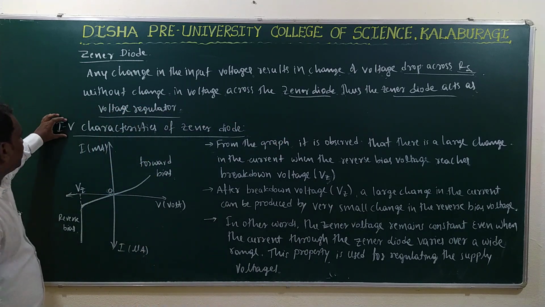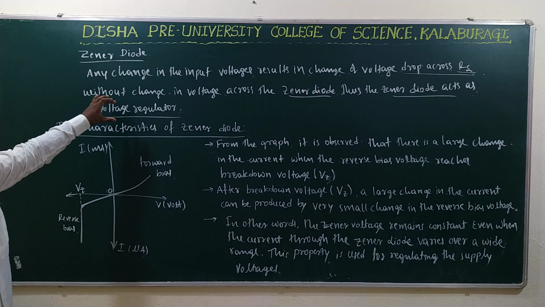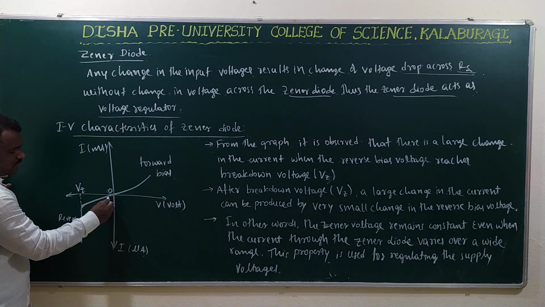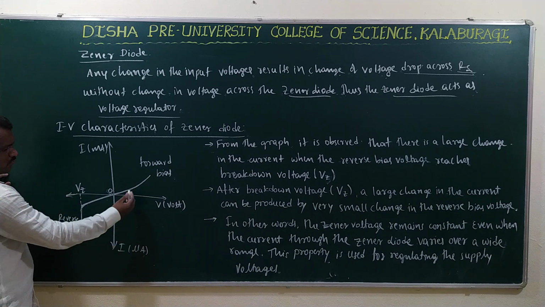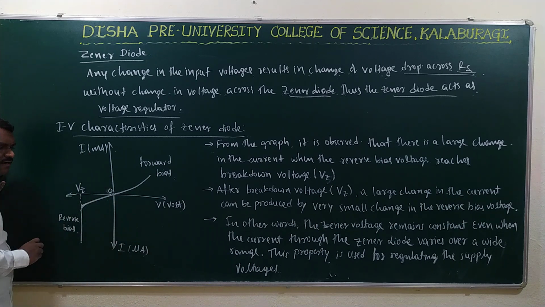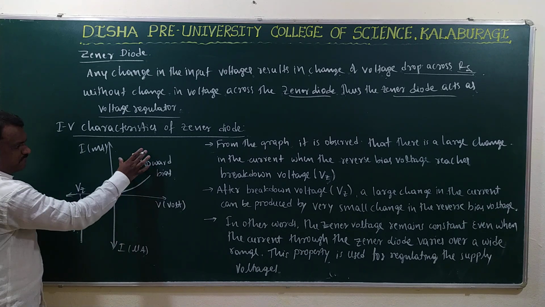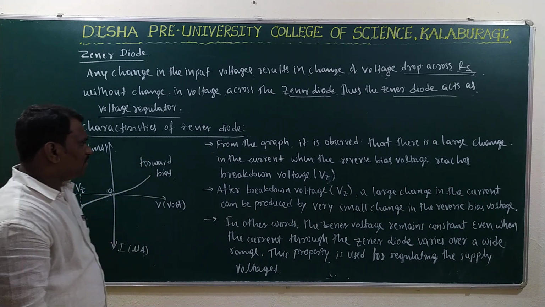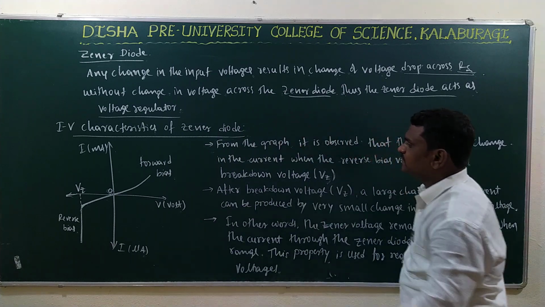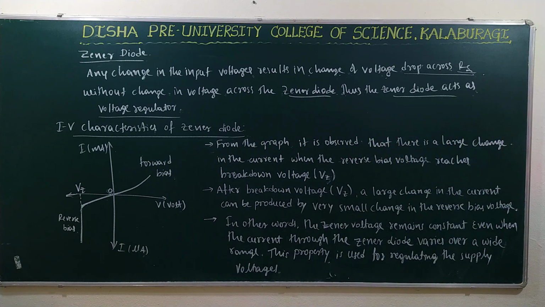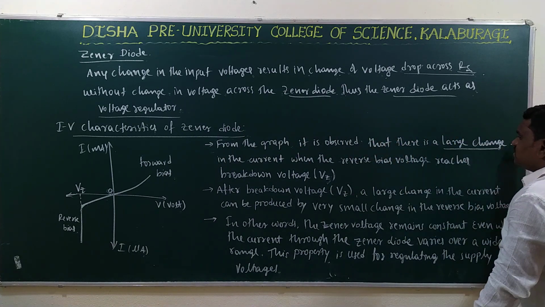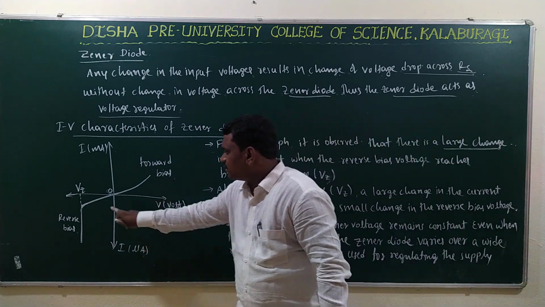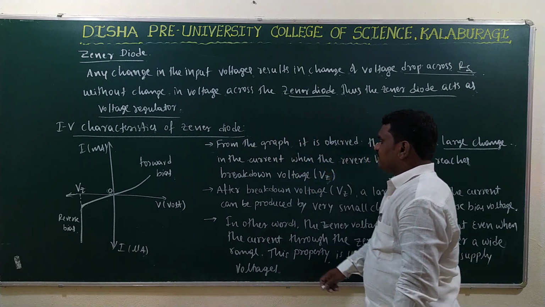From the current-voltage characteristics, we see how the Zener diode works. First, observe here there are two axes. One is the voltage axis and another one is the current axis. Above is forward bias and below is reverse bias, right? From the graph it is observed that there is a large change in the current compared to the forward bias current. The reverse bias current is very